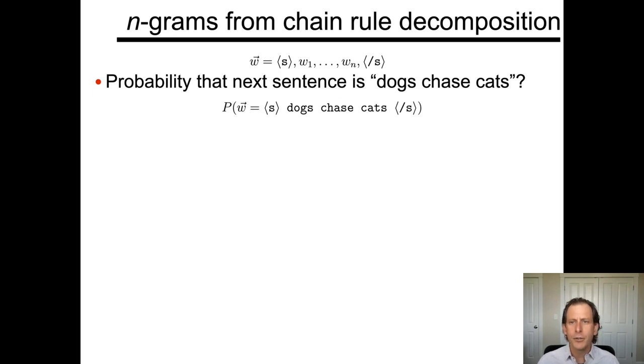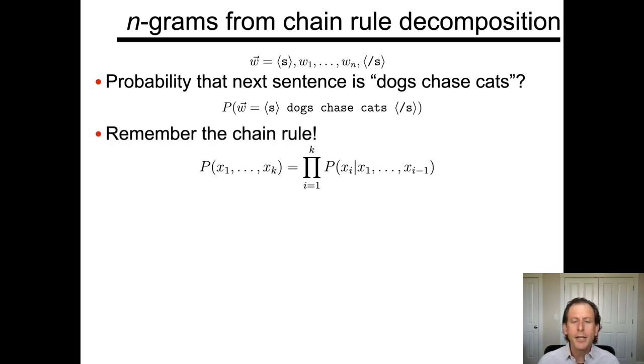The first thing to do, and this is not specific to n-gram models, but to many kinds of language models that you might want to look at and build and that are used today, is to remember the chain rule decomposition. The chain rule decomposition says that the joint probability of a collection of events can be